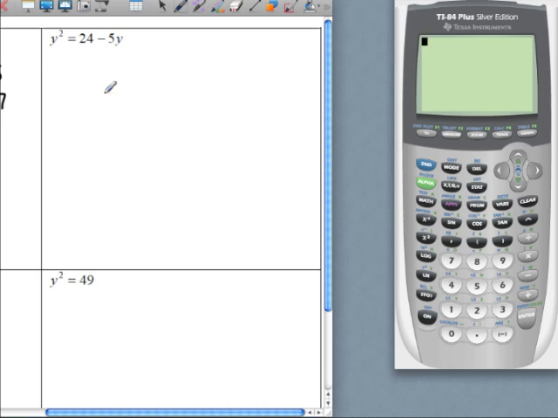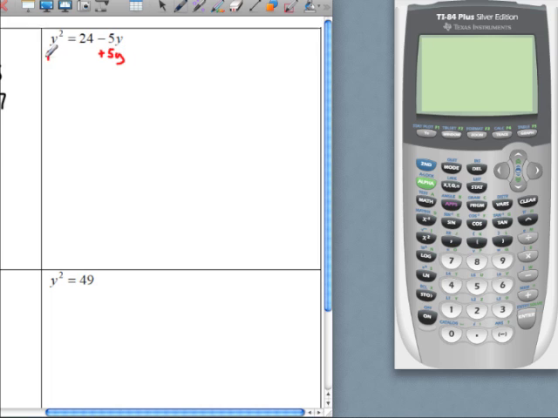Now if you're doing this out by hand, I would highly recommend, and this is what I tell my students all the time, to keep your y squared positive. So let's just do that. If our y squared is going to remain positive, that means I'm going to move these two terms over to the left side. To do that, I need to add a 5y here,